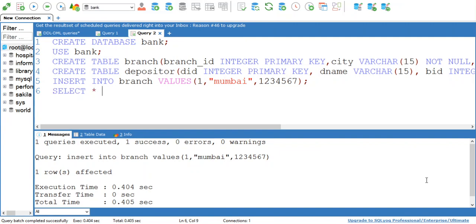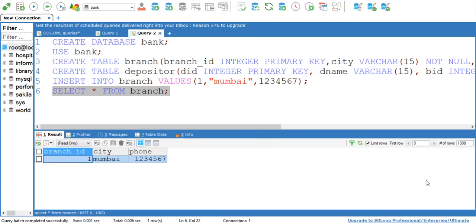Display this data. Select star from branch. Okay, so data is displayed. Now insert data into the depositor table. Insert into depositor